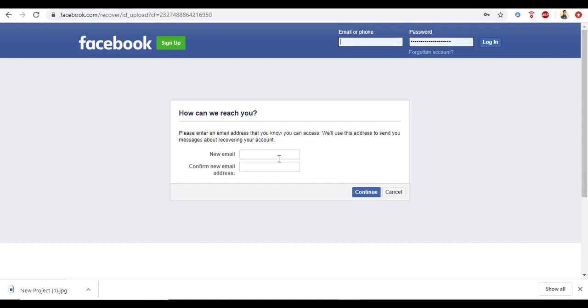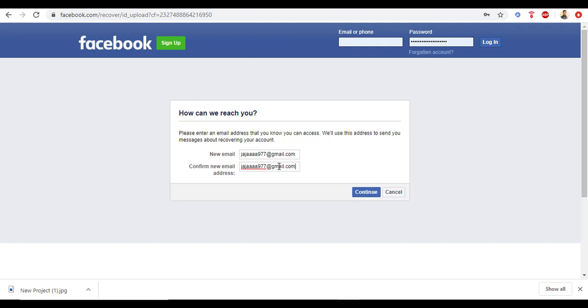It will redirect to a new page and they will need all the information you have added in your account. You must have a national ID card number, a new email in your name, and your date of birth as on your national identity card. In my case I'm using an email address, any email address.